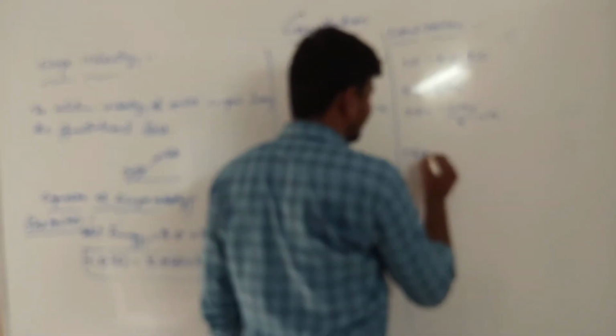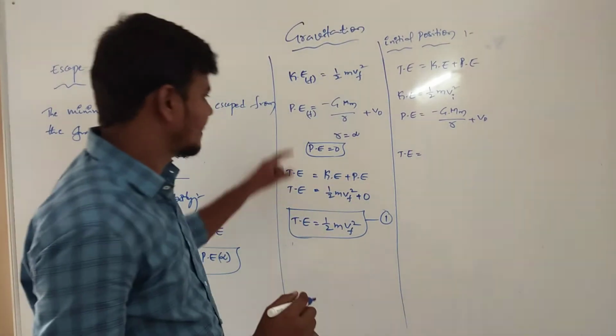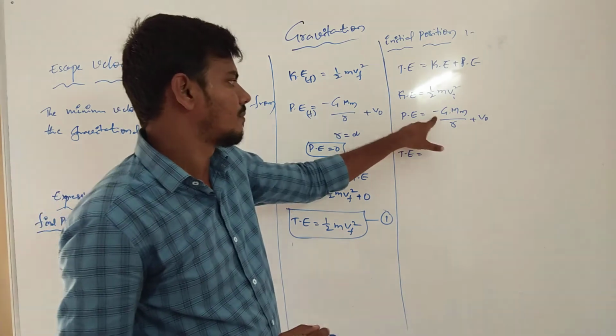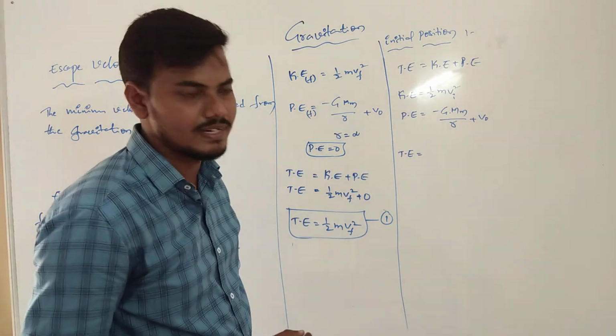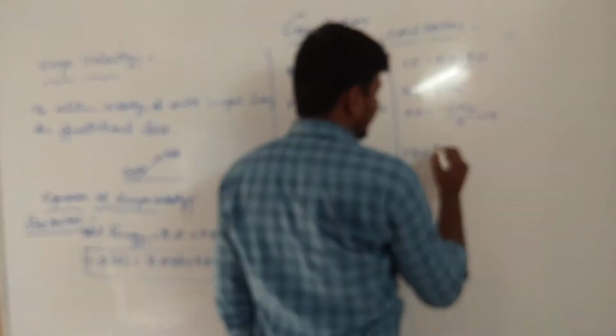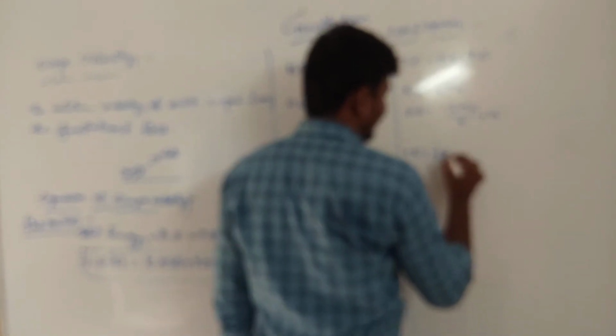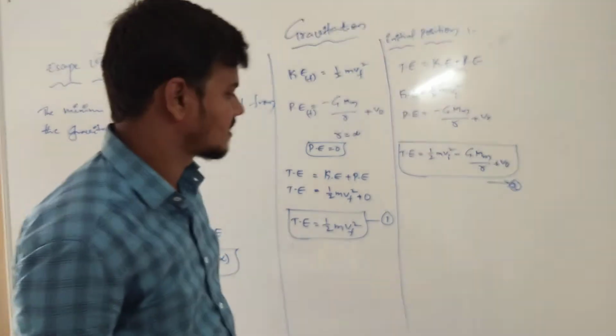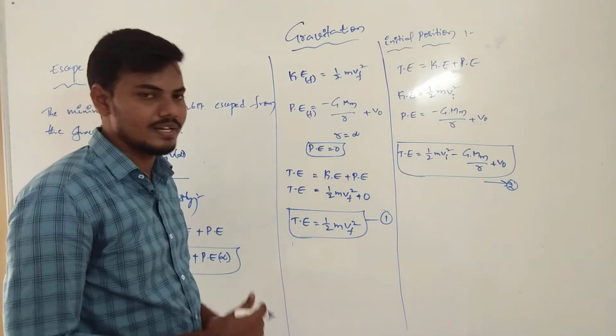Clearly, now we introduce this into the equation. The total energy, at the initial point, with potential energy as the constant one, is minus G M m by R plus h. Now the total energy is equal to half m v_i squared minus G capital M small m by R plus h. So this is equation number 2. From the two total energy equations.